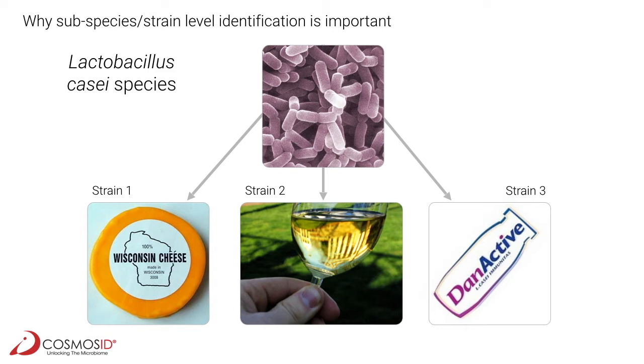Consider the species of Lactobacillus casei, which is a species that is widely used in food production, where one strain is involved in the fermentation of cheddar cheese, another strain in the production of lovely Chardonnay, and yet a third strain in the production of a breakfast drink. And while you may try to argue that if you get your strain wrong, the outcome is at least still